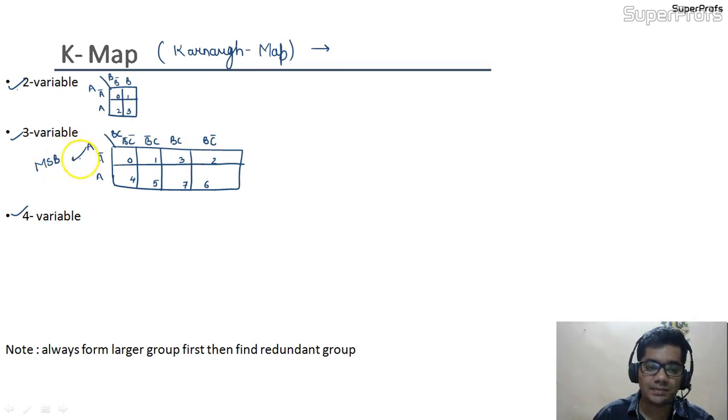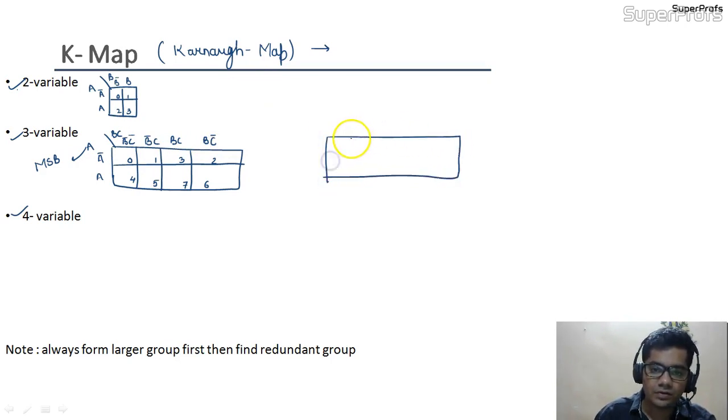So if we are taking MSB on this column, we are going to write 0, 1, 2, 3, 4, 5, 6, 7. Why are we writing like this? Because in the Kmap there would be only one variable change. Okay, and if we are taking LSB in the column, what would be